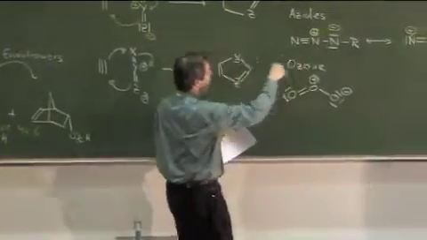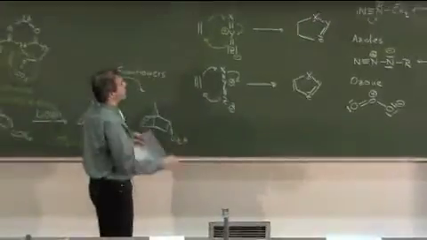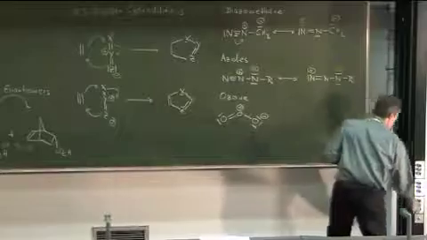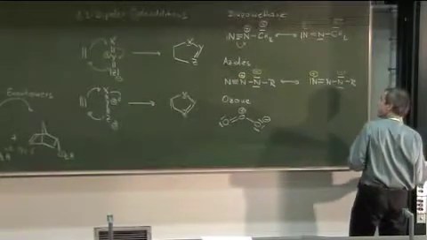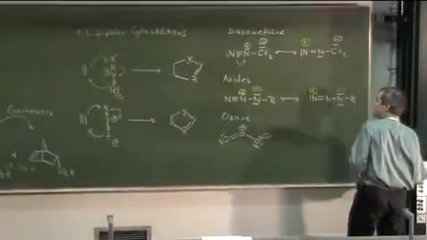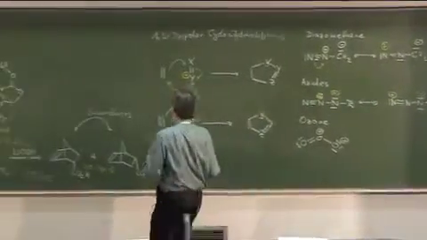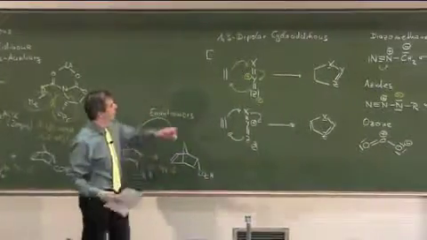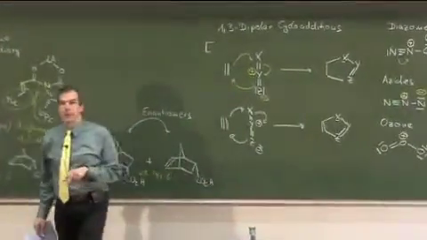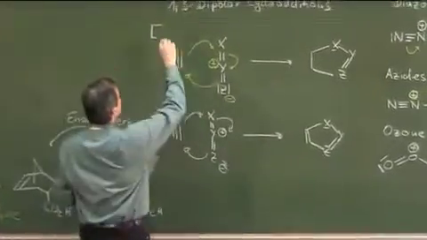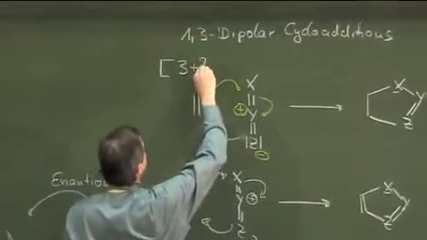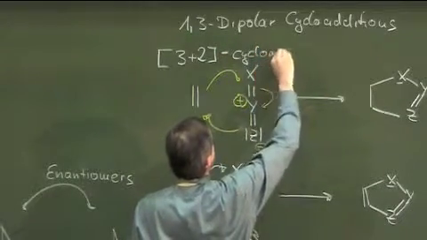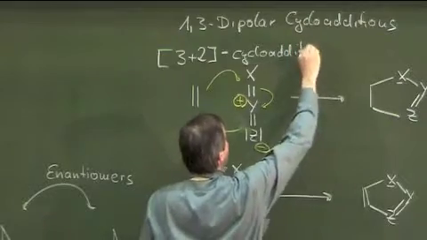Now, cycloadditions with these are called 1,3-dipolar cycloadditions. But in the terminology to classify the cycloadditions, this is called a three plus two cycloaddition,